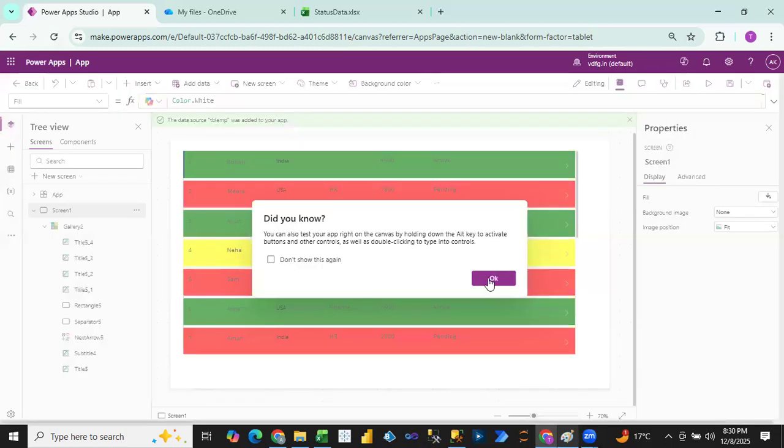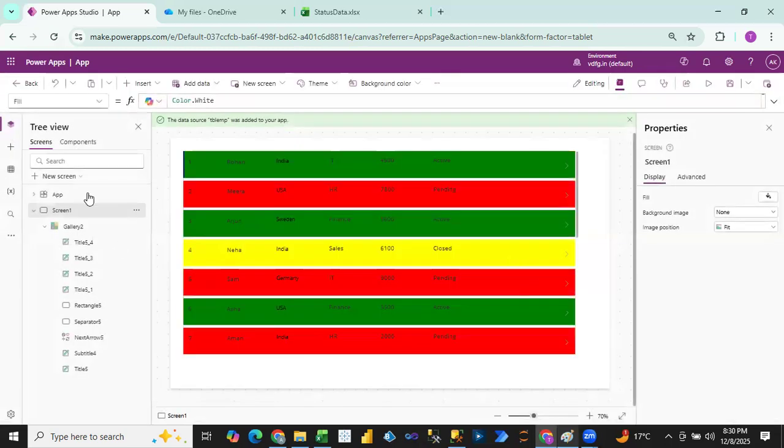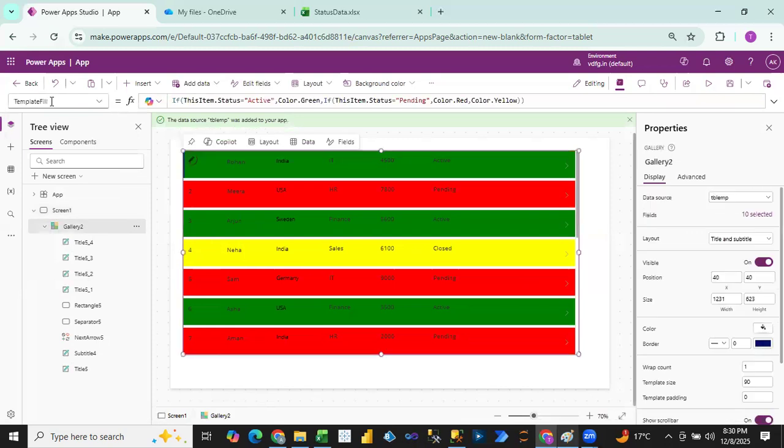So here the solution in Power Apps is to create the gallery, and from here you select the gallery first of all, and I have used the property template fill, where you have to place this function. So this is basically the